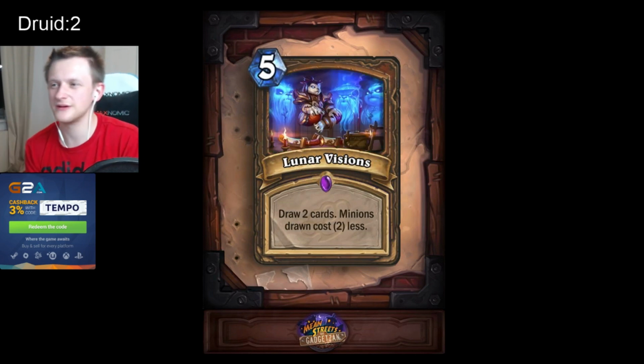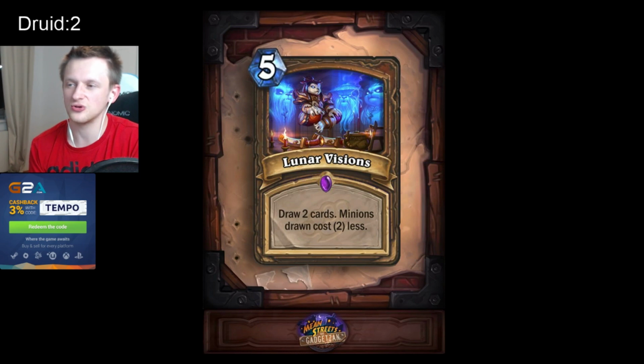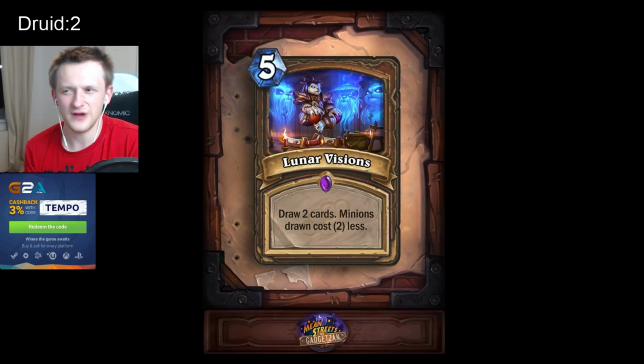The next Druid card we have is Lunar Visions. It is a 5 mana spell, draw 2 cards, minions drawn cost 2 less. It is a very interesting ramp mechanic. Basically you pre-ramp with your draw. It's kind of cool. You can get minions out very quickly. This really helps greedier decks. It gives you another